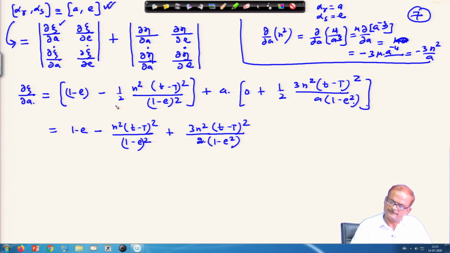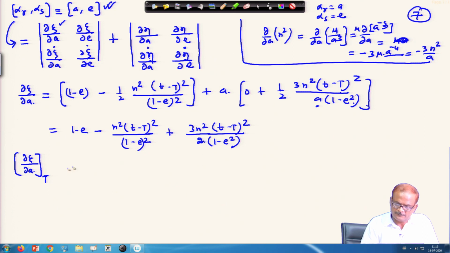So this minus sign which was appearing here became plus, and A is appearing here, so this A will cancel out. This is what we get, and if we evaluate at the perigee, that means we are evaluating at the point